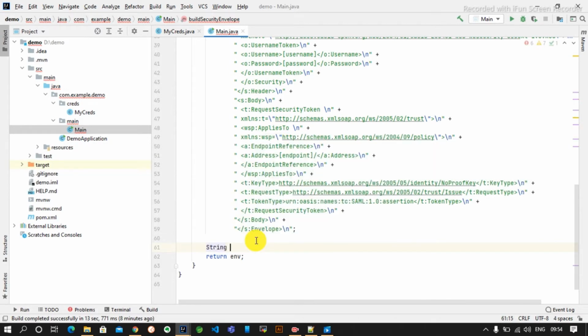So first we will change the username, password, and the endpoint.